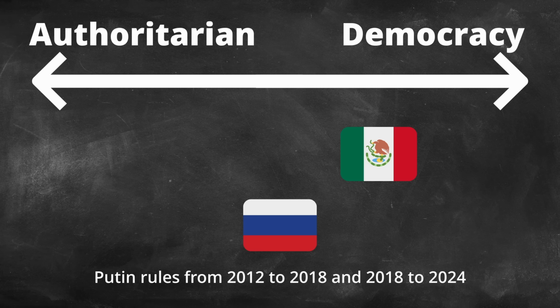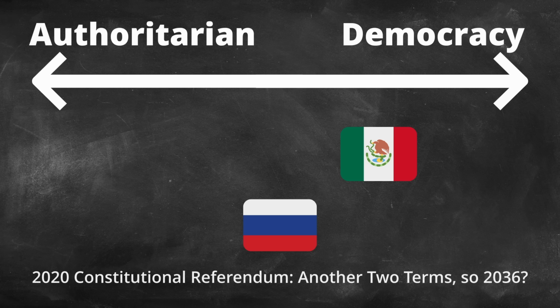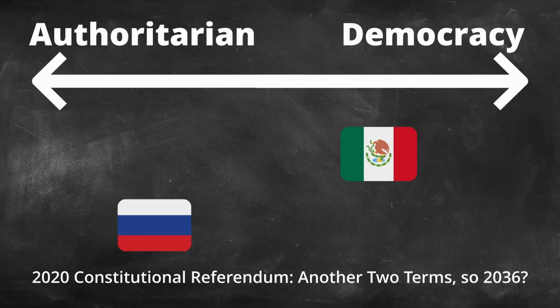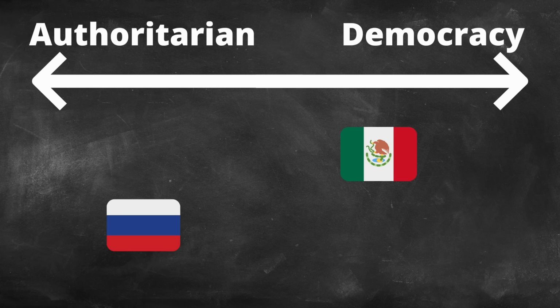This allowed Putin to rule from 2012 to 2018 and 2018 to 2024. In 2020, the Russian government held a constitutional referendum which resulted in granting Putin another 2 terms, thus allowing him to hypothetically run until 2036. Just like an authoritarian government has the ability to transform into a true democracy, a democracy can also turn into